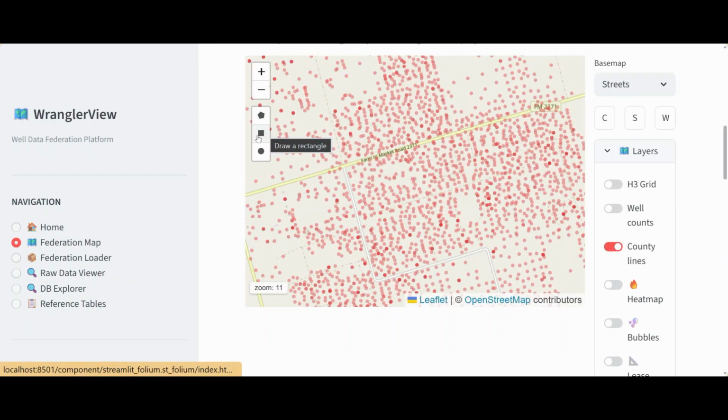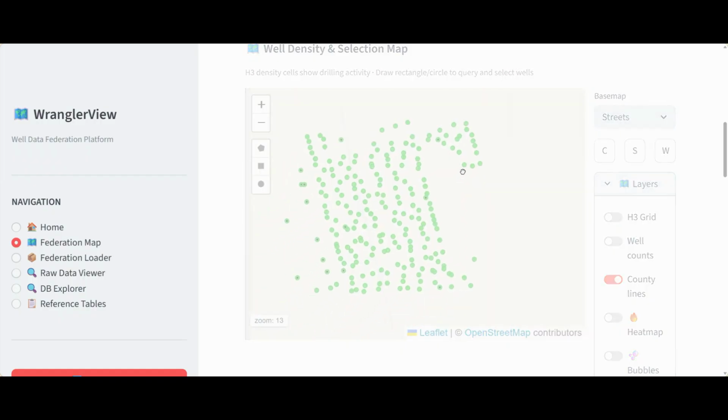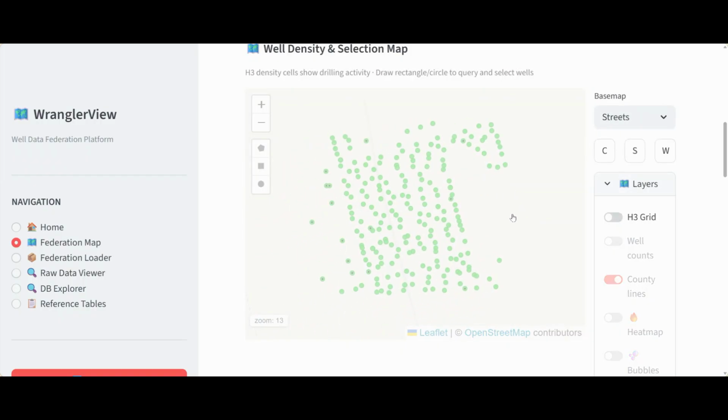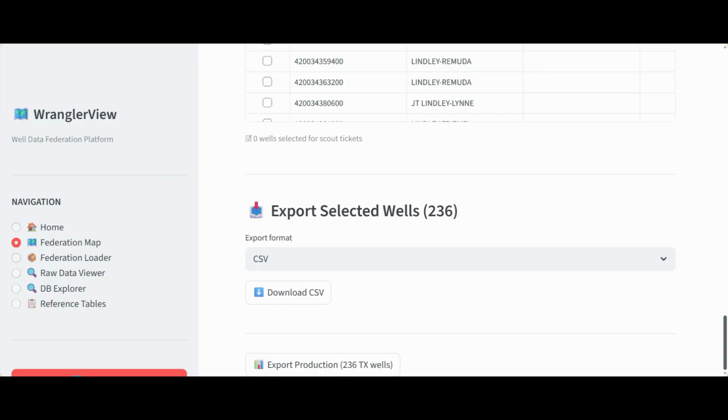Let's say we're interested only in this area. So I've reduced the area. So now we have a reasonable number of wells. But in this case, I'll go past my selected wells,